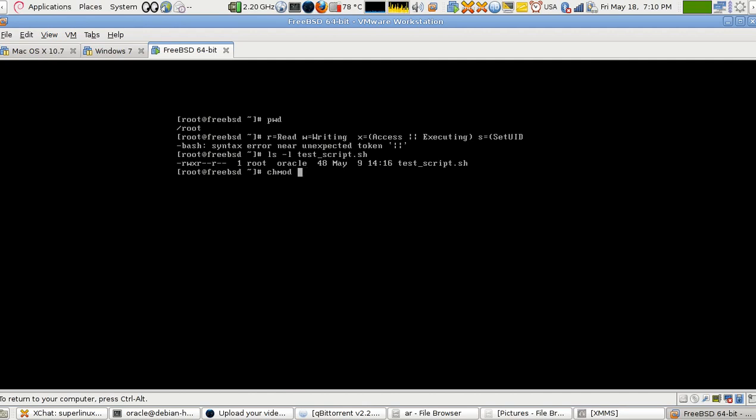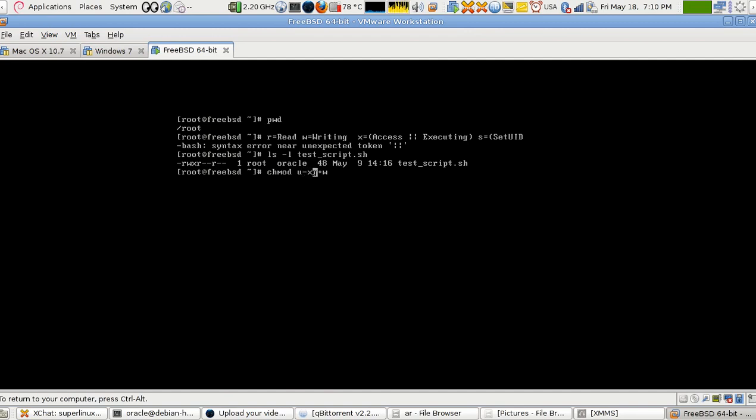And if you have to talk about the group, because I want to show you a change, I've said G, for example plus, which means that you are adding. I want to add the W, which is adding the writing bit for the group named Oracle here, because this is the group named Oracle on the file set for this file. And then if I want to add, for example, for the user also, I can say U